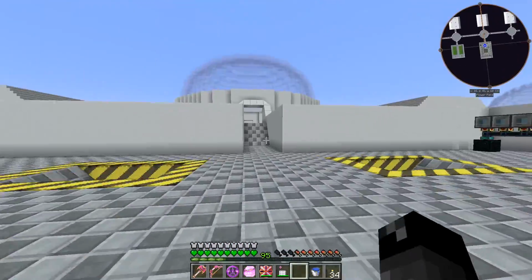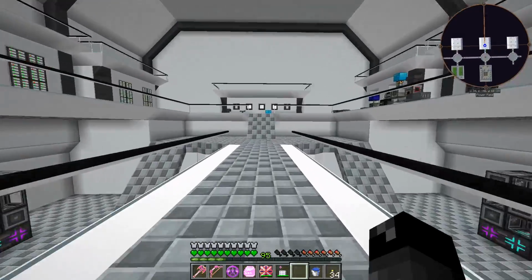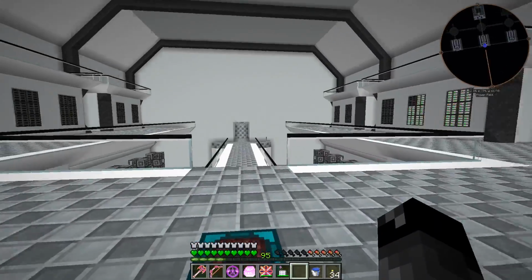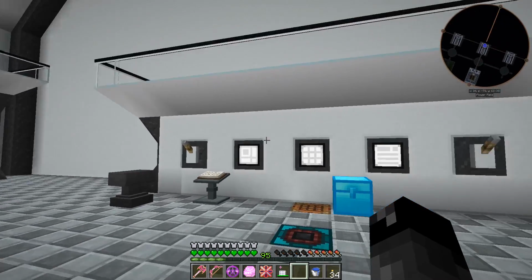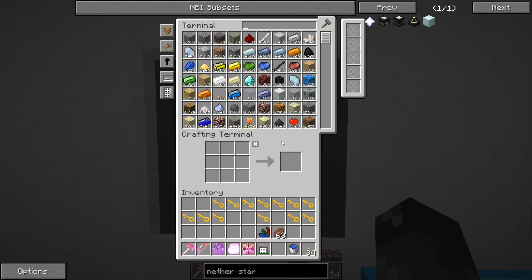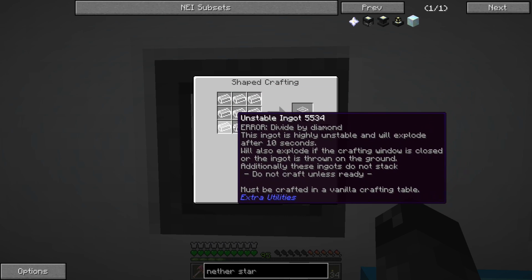So I'm curious to try this out and just see what we can do as far as adding power to our system. I know we have those turbines, but if we have another way of doing it, that's also pretty cool. Okay, so I want to make one of these guys. In order to make this, we have to do an unstable ingot block, which means we need 9 unstable ingots,